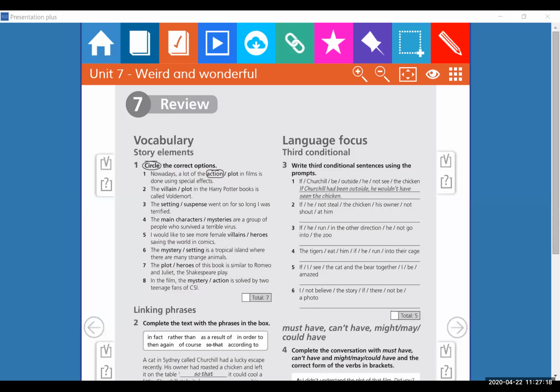Yes, where is it? I cannot find the code. Okay, I think I should create a new one. Okay, I will create a new one. So, okay, I've created a new code.